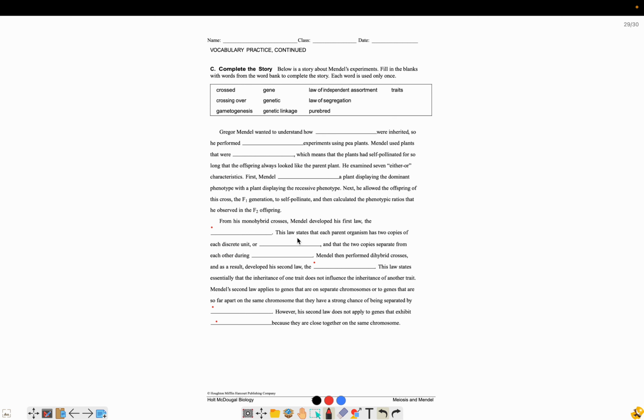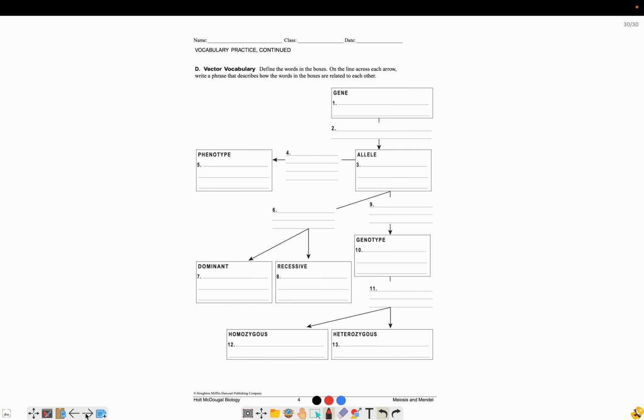This law states that each parent organism has 2 copies of each discrete unit or gene, and they separate from each other during gametogenesis. And then read the rest, but you got it. All right, and if you're still paying attention